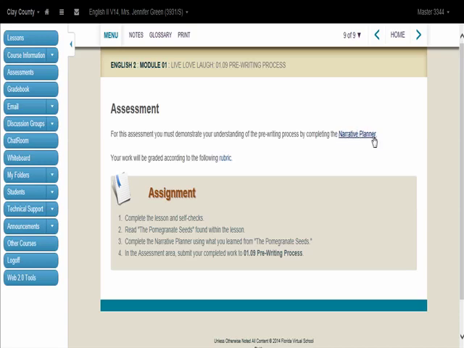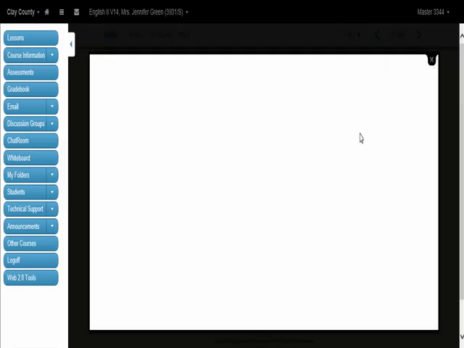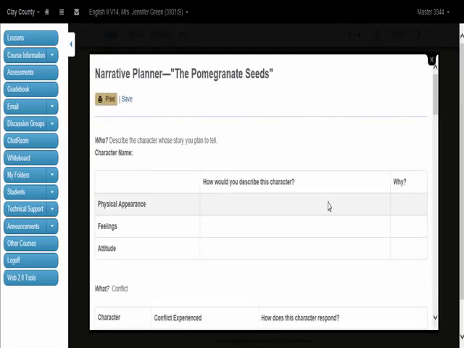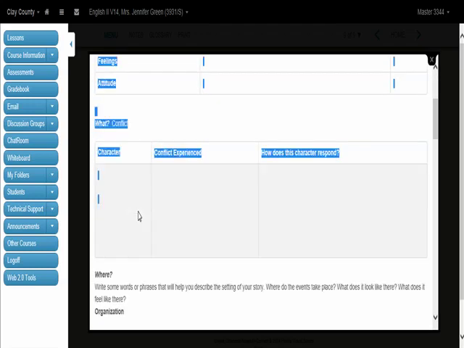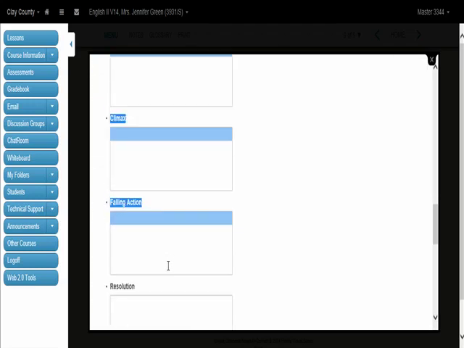Notice that here we have a hot link. Anytime you have a hot link, you want to click it. It's either going to take you to a document that needs to be completed for the assignment, or it's linked to a page that you need to access for more information. Here we have the narrative planner that needs to be completed. So if you notice, when you open it, you're not allowed to type or click in the boxes to type your responses. What you would want to do is to copy all of the information,